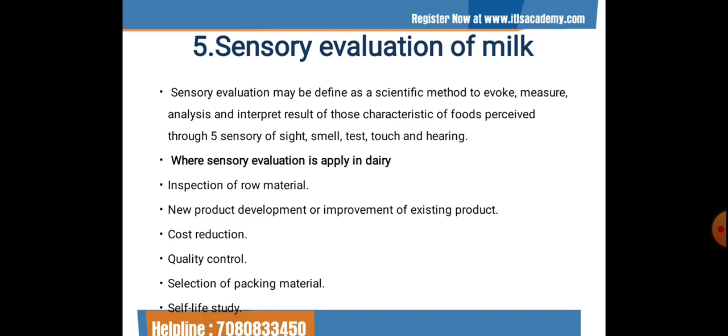The last test involves the sensory evaluation of milk. Till now we have discussed four tests: the detection of adulterants, the detection of preservatives added to the milk, the MBRT test for detecting the quality of the milk, and the sterilization test by turbidity testing. Now, for quality checking, there is the sensory evaluation of milk.